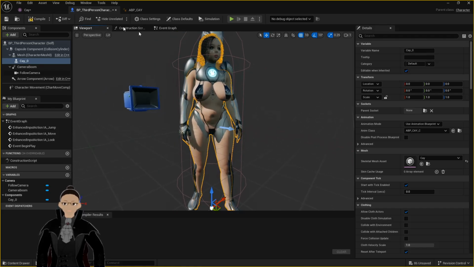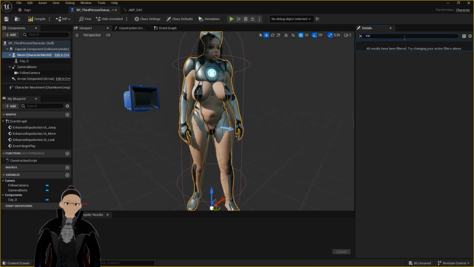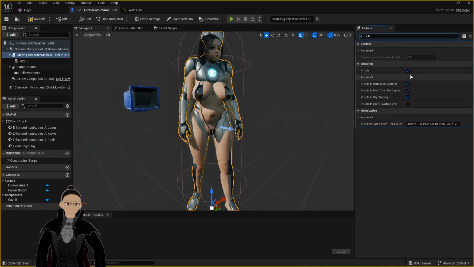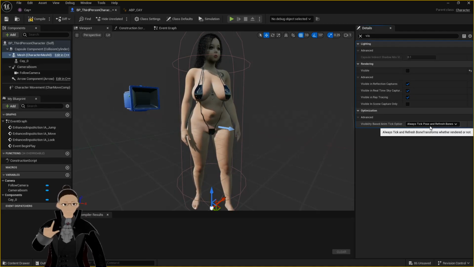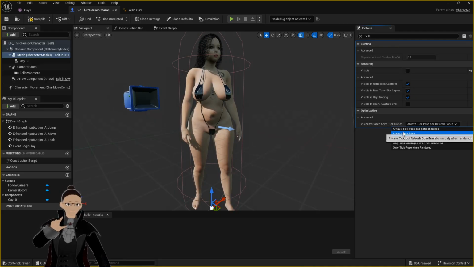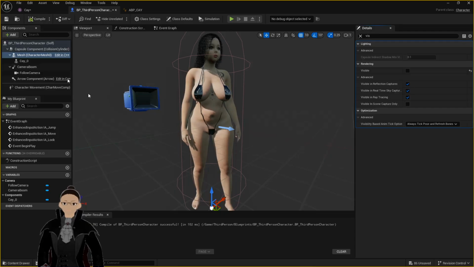So what we can do now is go up here and select the mesh, which is Quinn, and search for visible. I can't spell. And now we just turn Quinn invisible. This is also something that didn't work for me in the beginning: always tick pose and refresh bones. Make sure this is selected. I think I had something else in the beginning, and then K just wouldn't move. Because this is going to constantly refresh the bones, she can actually move. And we compile, and we save,